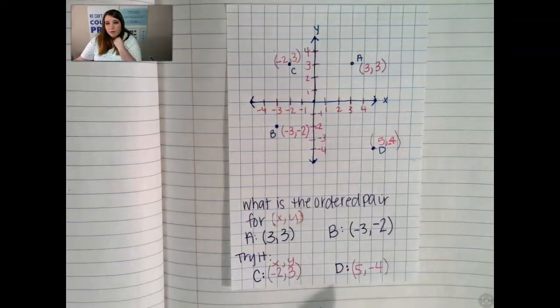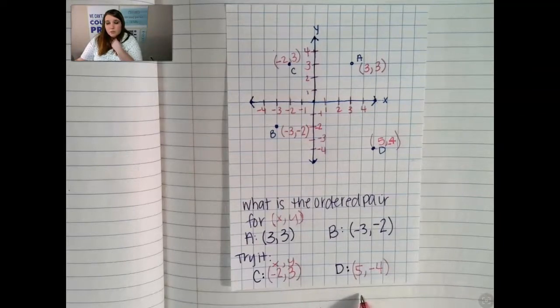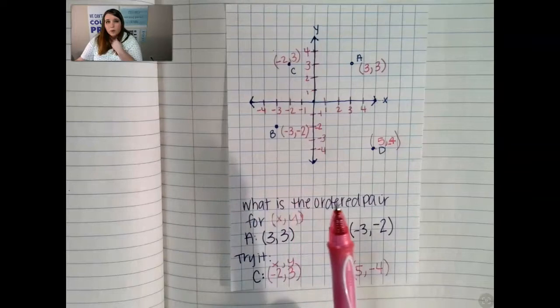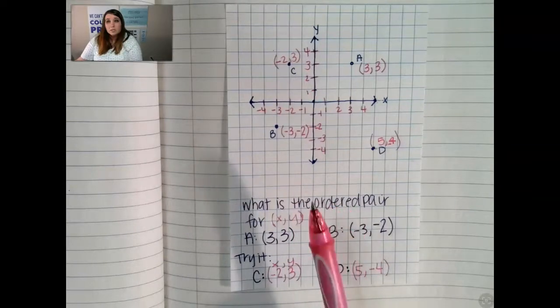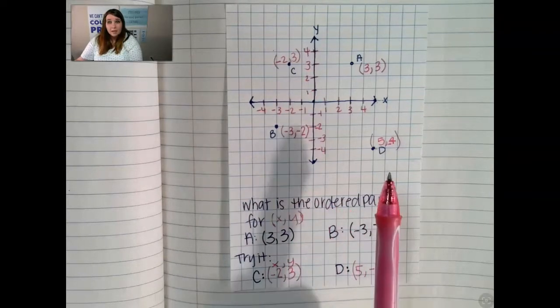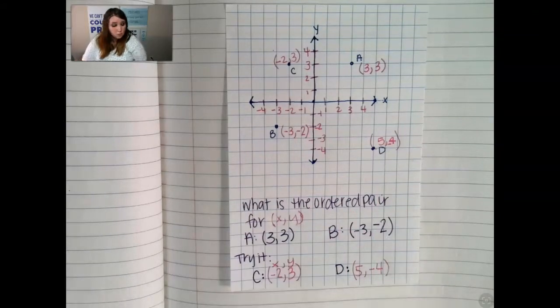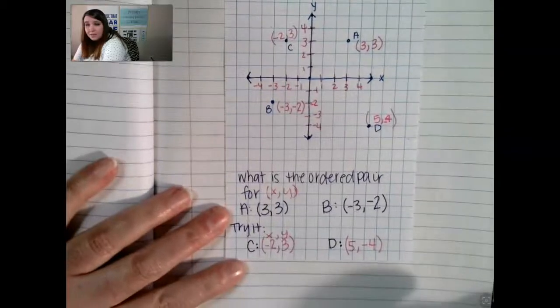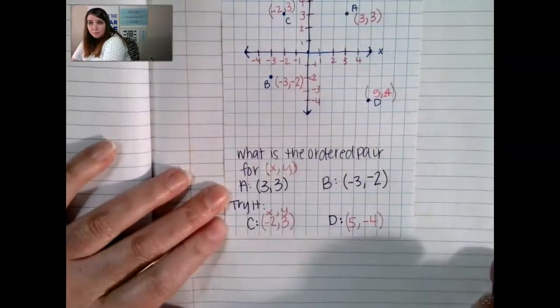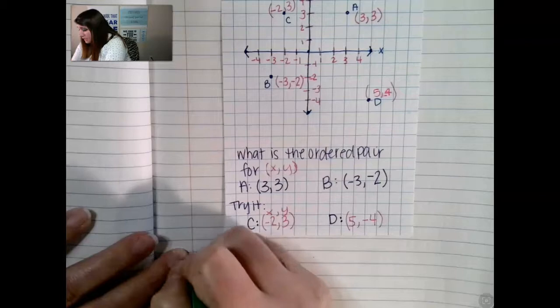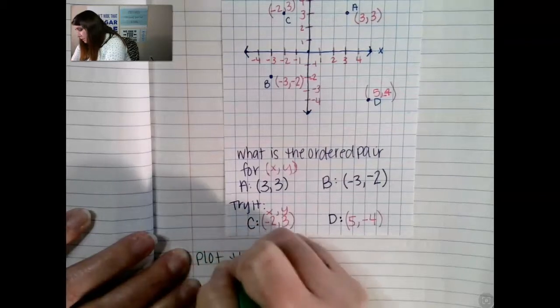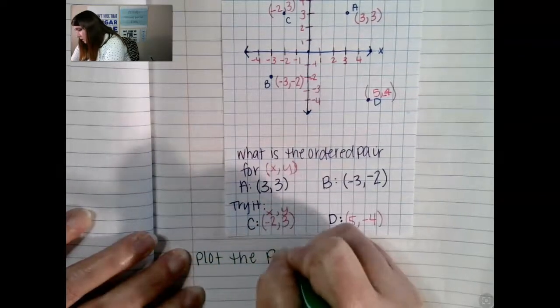Okay, how did you do on those? How'd you do on both of those? So this is what we do when we're given the dots and we're asked to find their address or their ordered pair. So what happens if you are given just addresses? If you're just given addresses and they want to know where it goes, they would say something like, plot the point,